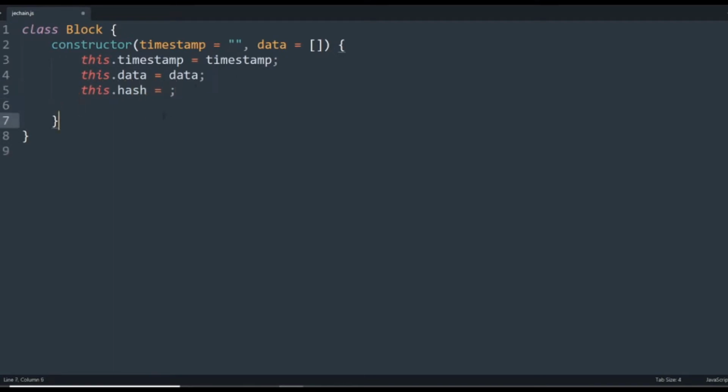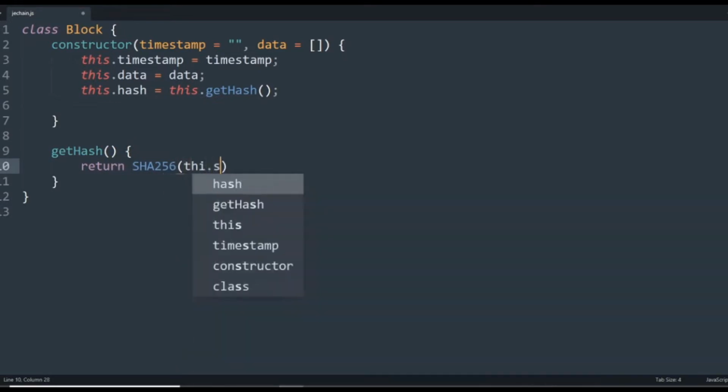So basically, this hash property will contain the hash of timestamp, data, previous block hash, and we are going to gain that hash by using a hashing function. So here I'm just gonna call getHash, and we're gonna create a getHash method. So it's gonna return the hash